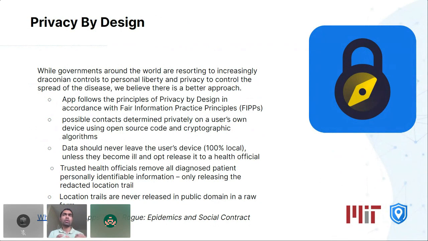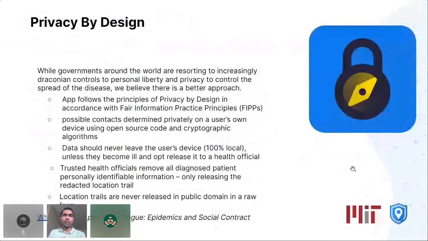So if you're diagnosed positive with COVID, you go to a health official, who is the government official or whosoever the health authority is, and then you consent to sharing the location information that you've been in the last 20-25 days. And then the health official, who is basically trusted, will be given a web tool to redact out all the sensitive information and release totally anonymized and aggregated information for the public good and public benefit. So at no point in the whole process is your privacy compromised. And like I said, in the raw form, your location data is never ever released in the public domain.